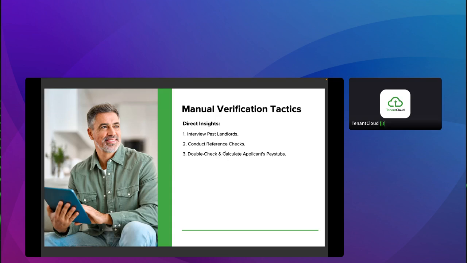Double check and calculate applicants' pay stubs. We just touched on this. You need to look very, very closely at pay stubs, W-2s, whatever your income verification requirements and documentation are. You need to pay very close attention. You actually need to calculate it with a calculator. You need to sit down and actually punch in the numbers to make sure that they make sense,